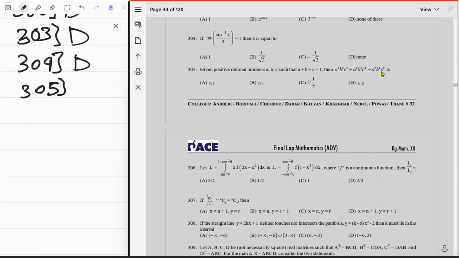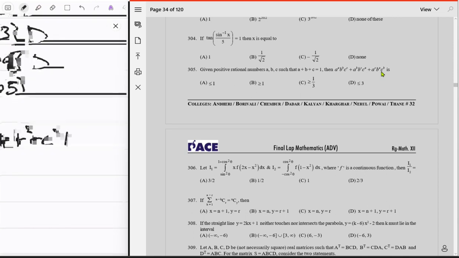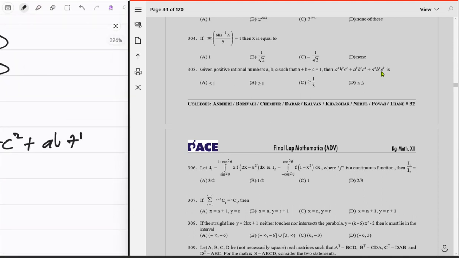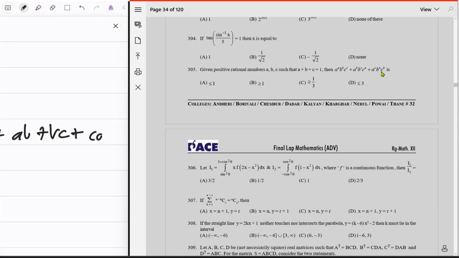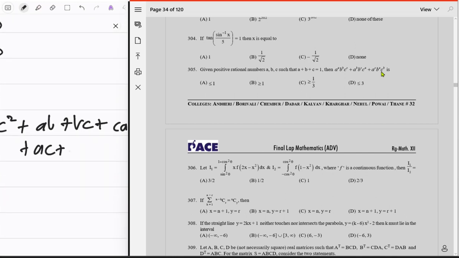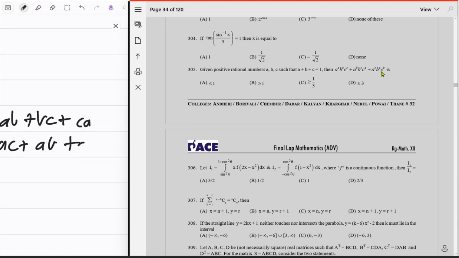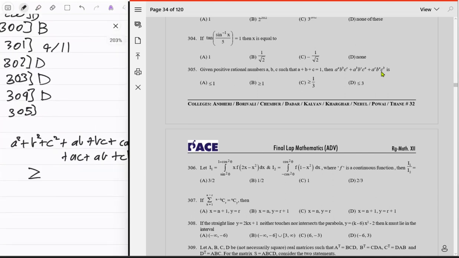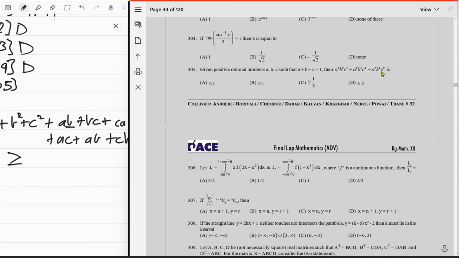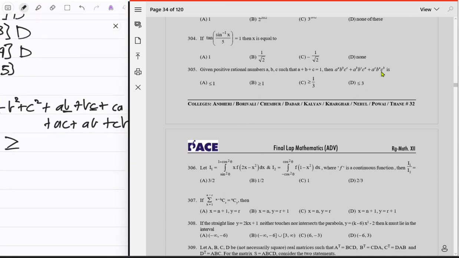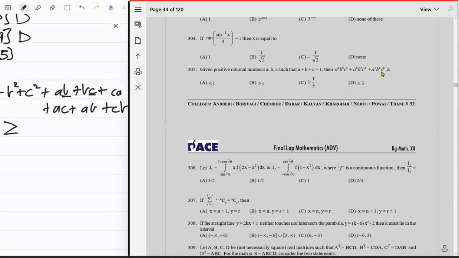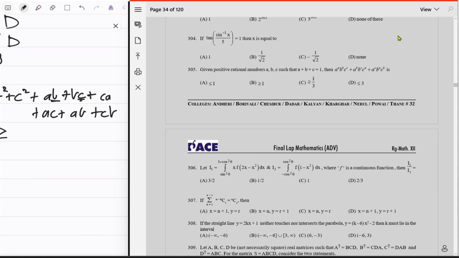So this is like saying कि A times of A plus B times of B plus C times of C plus AB plus BC plus CA, right? And then you have plus AC plus AB plus CB, whatever. This is bigger than or equal to, let's just say like, B times of A, and then it's like C times of, you get the thing. इसमें 3 times of A plus B plus C, which is just 3 basically. So bigger than or equal to 3,